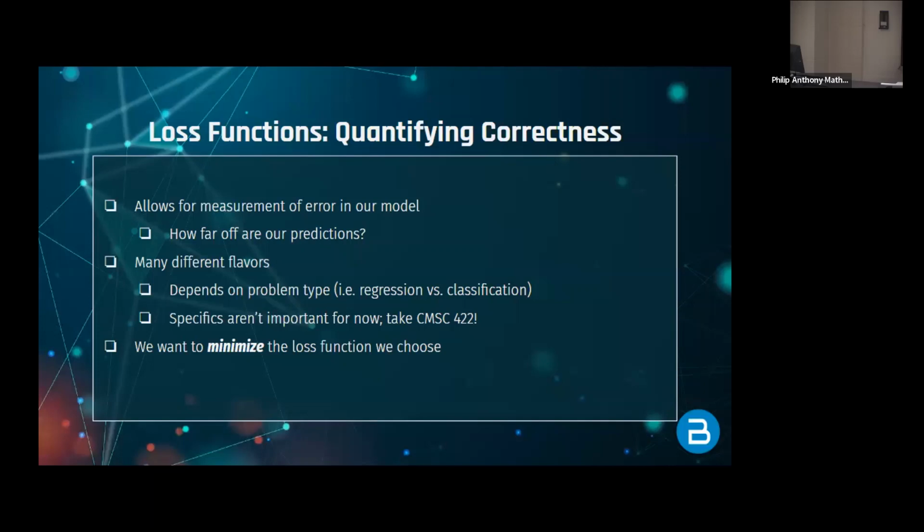Research-wise, it depends. In terms of what you guys are going to be doing, in general applications, there are accepted loss functions used for specific tasks. For the house price example I was talking about earlier, I think the one we use is called mean squared error, which is essentially the sum of squared differences. You take the difference, square it, and sum that all up, and that's your loss. For classification, the one commonly used is called categorical cross entropy.